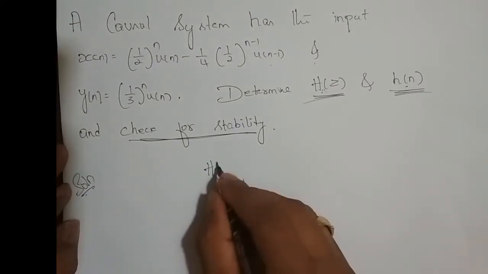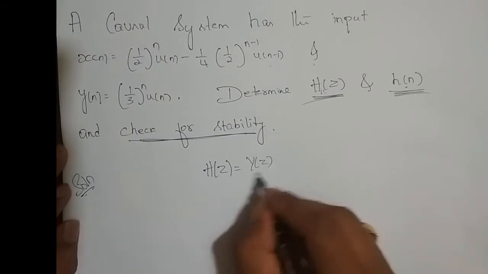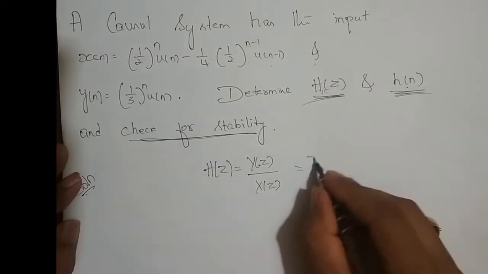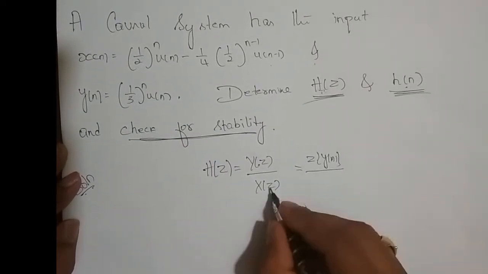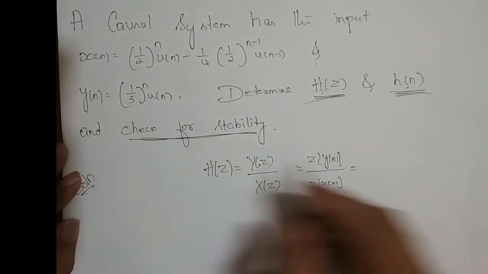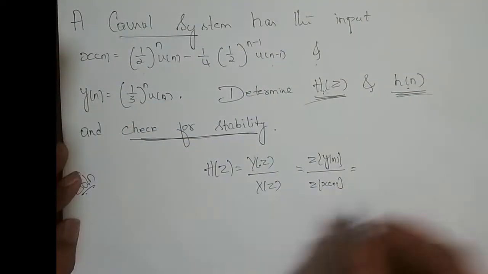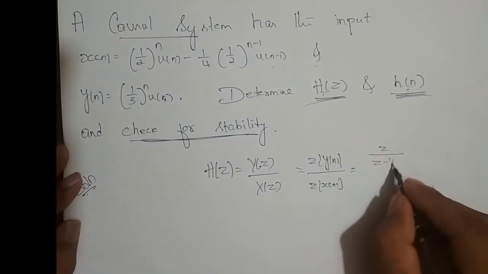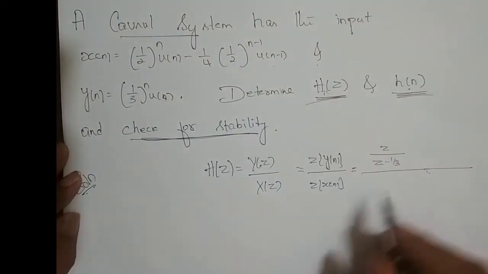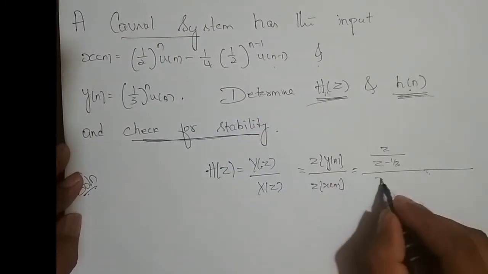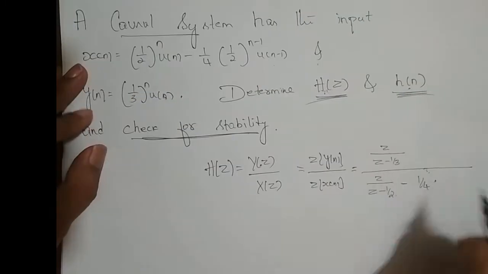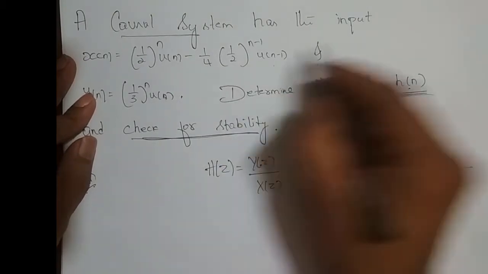Solution: what is H of z? H of z is Y of z by X of z, right? What is Y of z? Z transform of y of n, divided by X of z, the z transform of x of n. So what is the z transform of (1/3)^n u of n? It's a causal system, so it is z divided by z minus 1/3, divided by the z transform of this sequence x of n, which is (1/2)^n u of n, z divided by z minus 1/2, minus 1/4 times